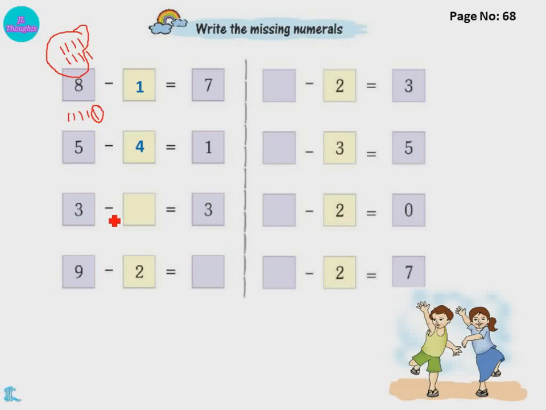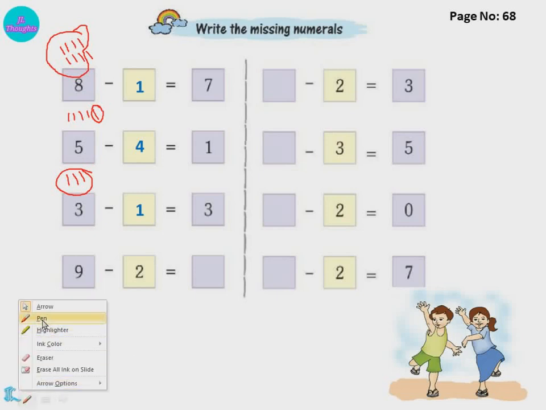Now 3. So put 3 lines. Minus dash is equal to 3. So again 3 is left out. So are any lines left out? No. So the answer is 0. Sorry children, here it's a typing mistake. This is 0. 3 minus 0. Because if we don't remove anything, then only the same number will be left.